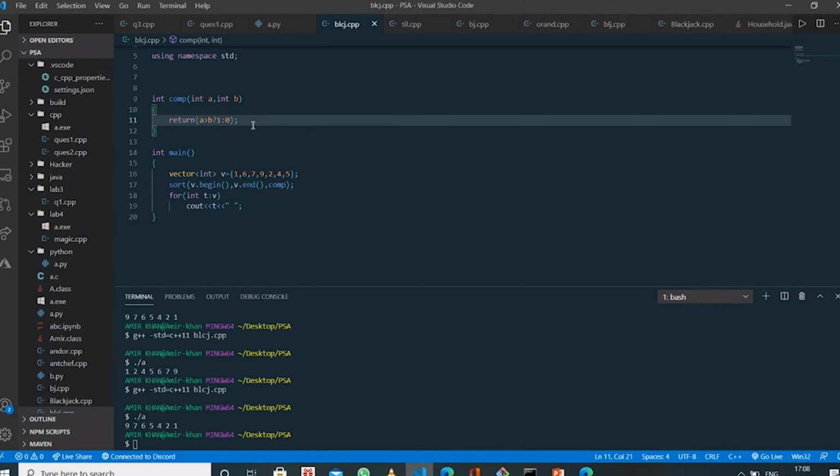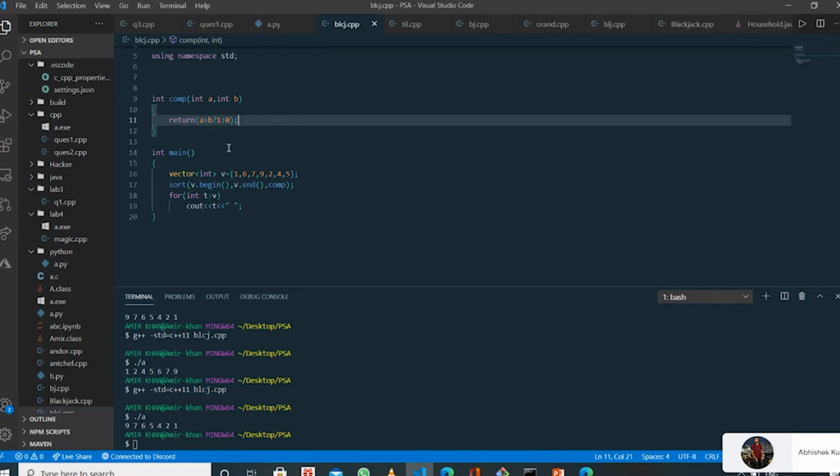Yes, you have to sort like this: the elements succeeding any element should have values less than or equal to that element. According to that function, it will sort.